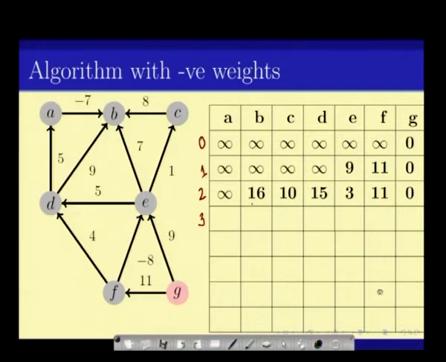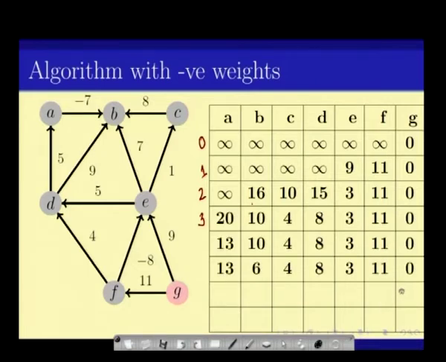So, again we can keep on doing this one, and you can keep on doing this whole process one by one for every level, and at the end we will see the shortest path from G to any vertex. In this case we will get 4, 5 and 6. Note that there are only 7 vertices here, so the shortest path from G to anything will take only 6 edges at the best, and this will give